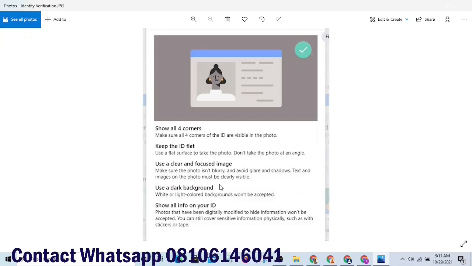They can even see the background. They know what the background is. Then show all info on your ID card. Let all the information be shown on the ID card. Then the size of the ID card has to be at least 1000 pixel by 1500 pixel. Let me show you how you can do that. I will show you how to edit the photo of your ID card so that it will be at least